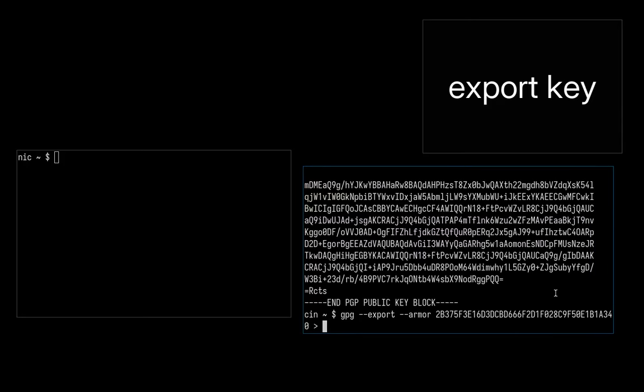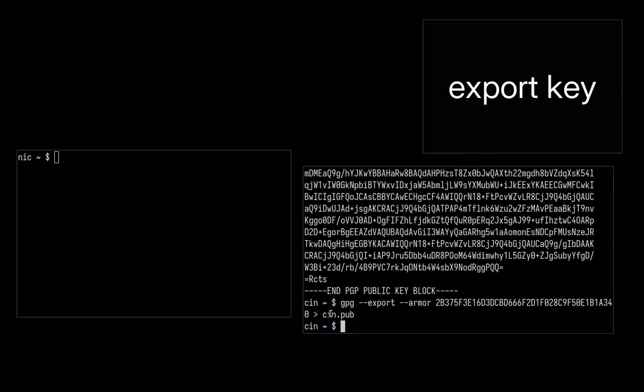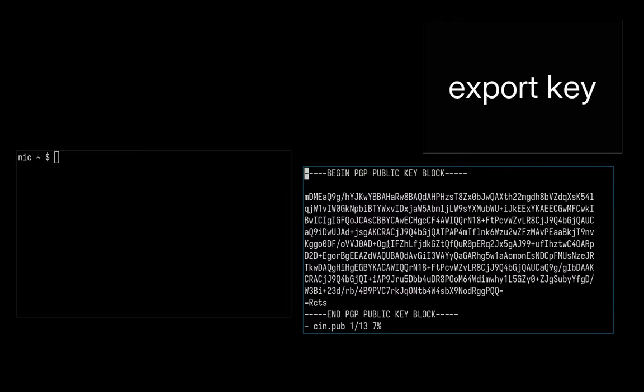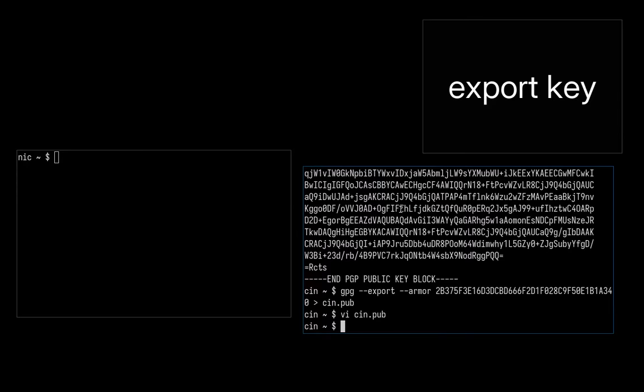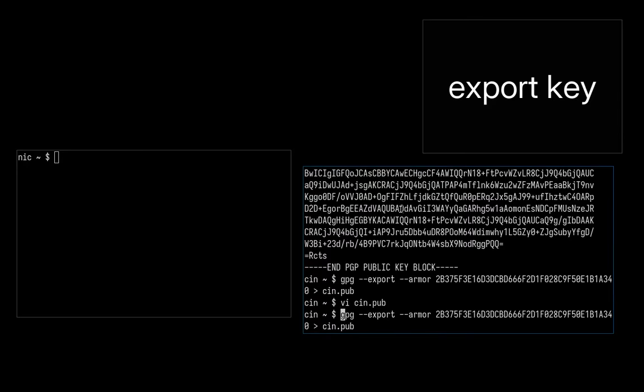But you can, of course, redirect that into, for example, kin.pub for public key. And if we now open that, we will see the PGP public key block. So this is your public key. And to export your private key, and you will need to export both the public and the private key to